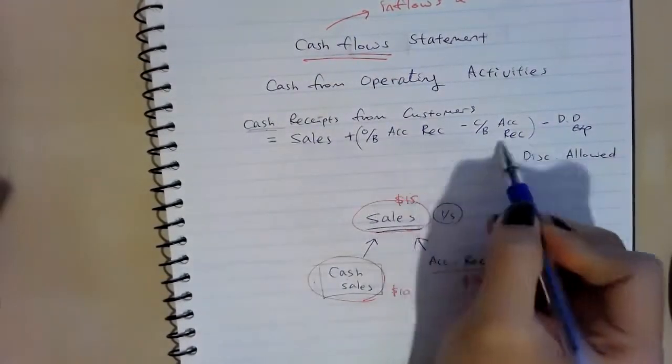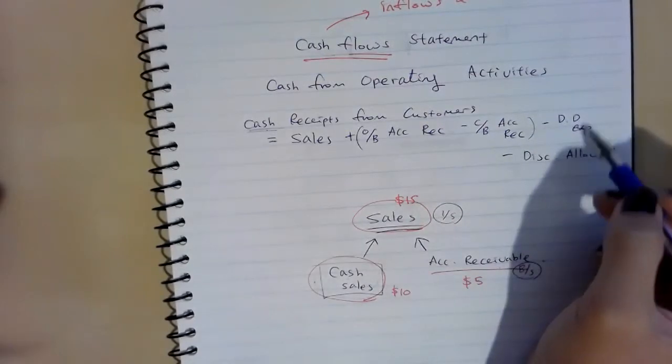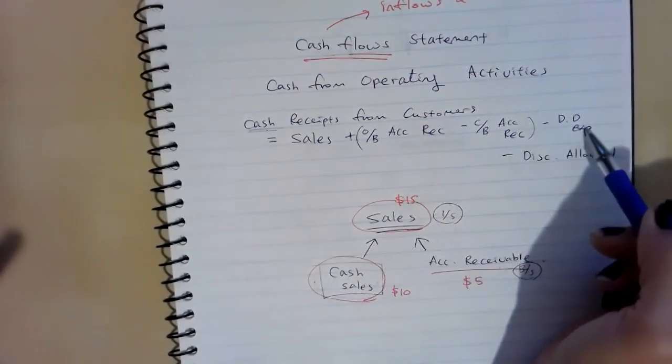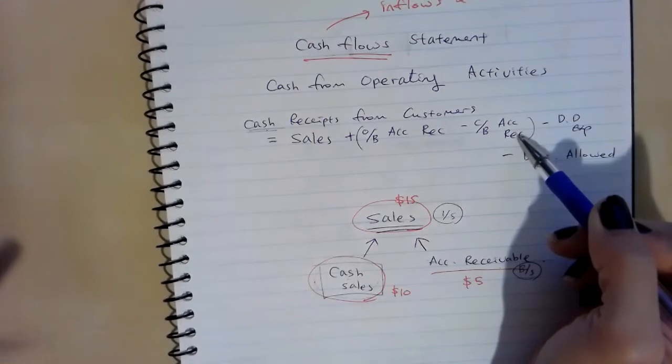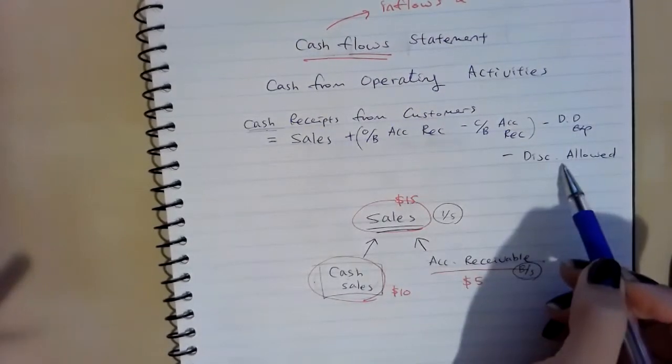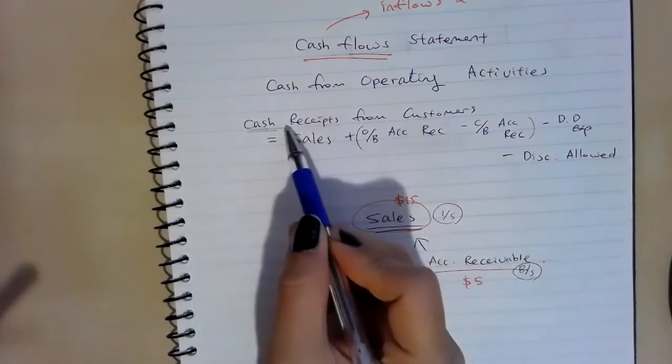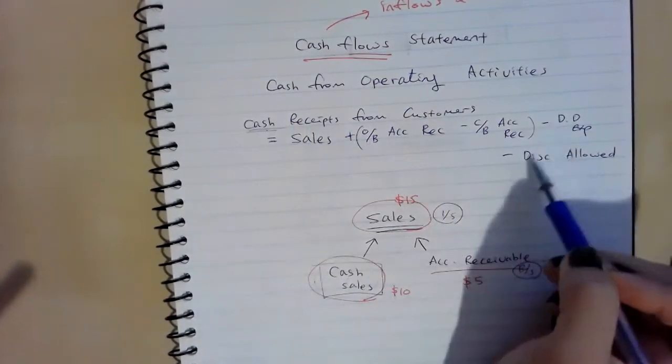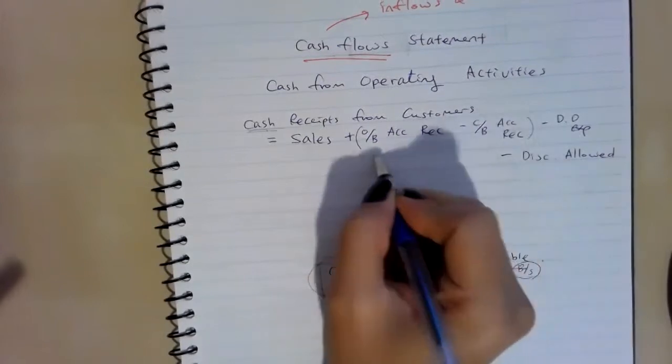This bit is the most important part. I think those two are quite understandable, because if you're not going to receive money from your customers, then of course cash receipts will go down. If you gave discount to your customers, then you receive less. So that's why we exclude. But to explain this,